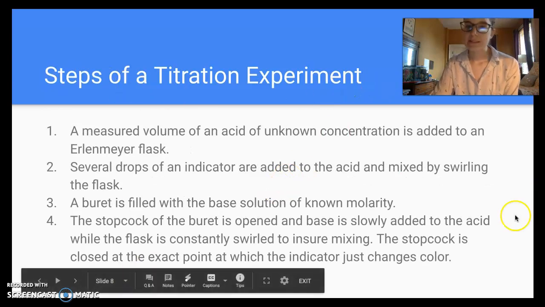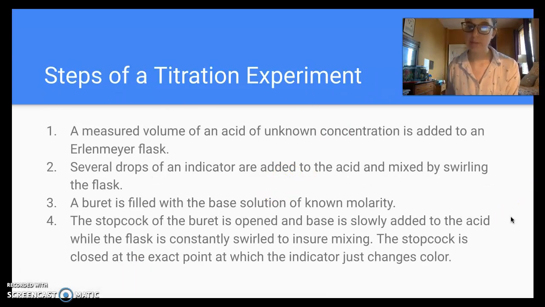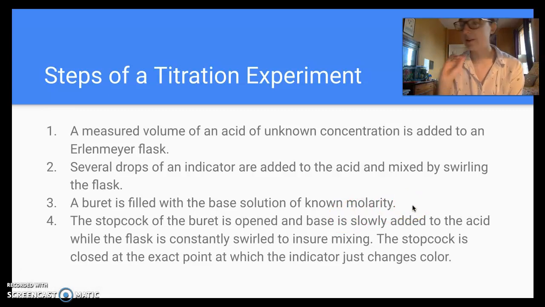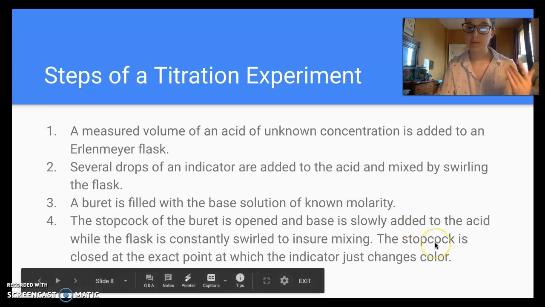So there are 4 basic steps of a titration experiment. First, you have a measured volume of acid of unknown concentration, and you put it in an Erlenmeyer flask. I think I called it a volumetric flask at the beginning, sorry, but it's an Erlenmeyer flask. Then you add several drops of an indicator and mix it by swirling. You can also use a stirring rod, which we will go through with laboratory setup at the beginning of the year. A burette is filled with the base of known molarity, and you would also write down the initial starting volume of base. Then you open the stopcock